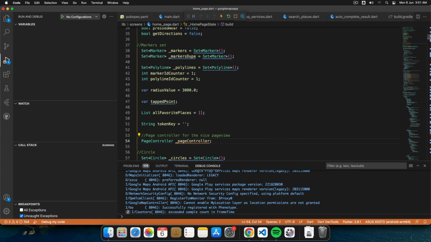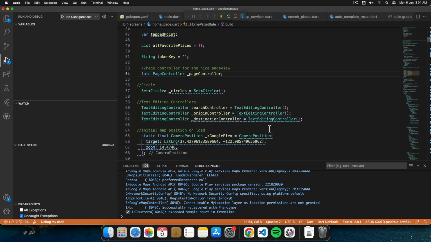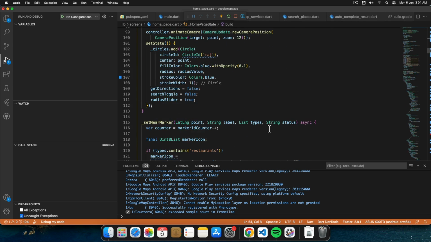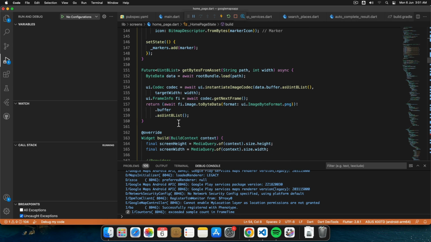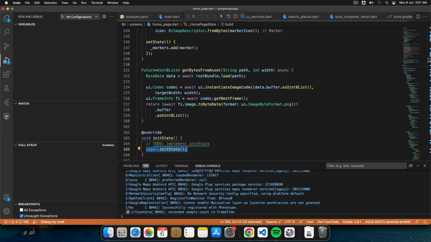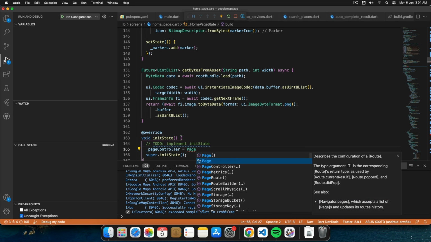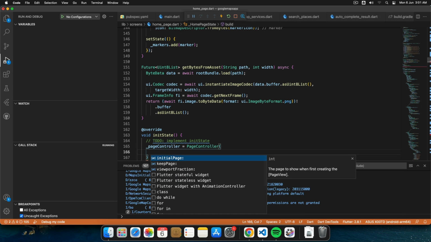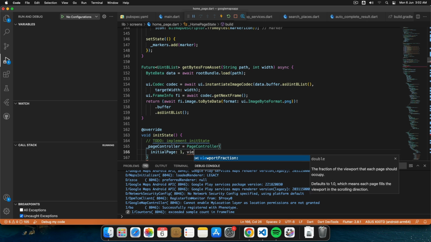Controller, this will, if we give it as late, yeah, okay. Now we'll go to our init state. Where is our init state? I don't have an init state. Initial page 1, viewport fraction